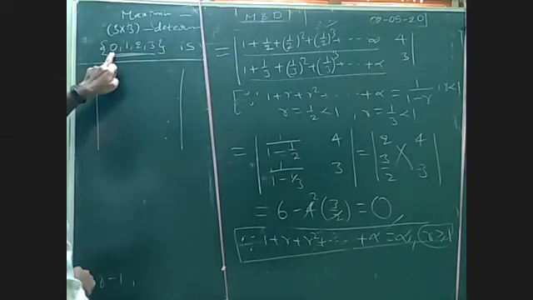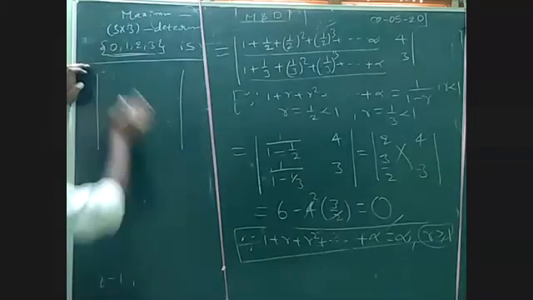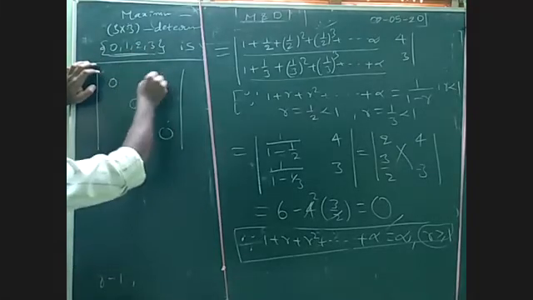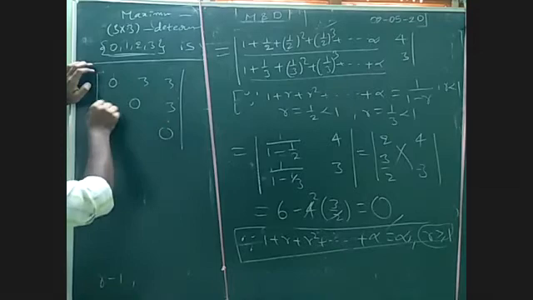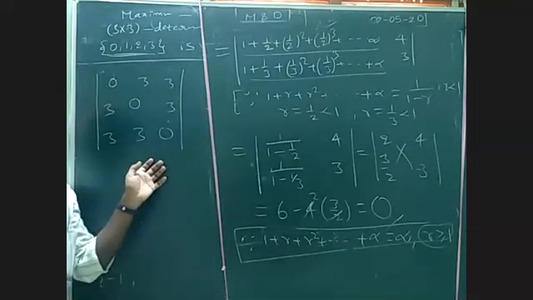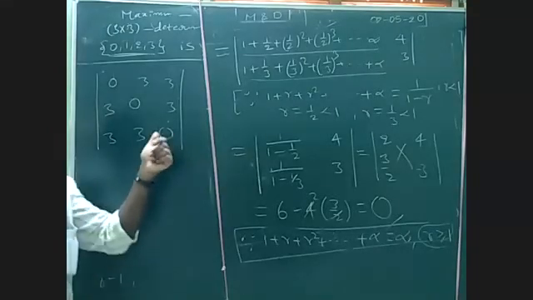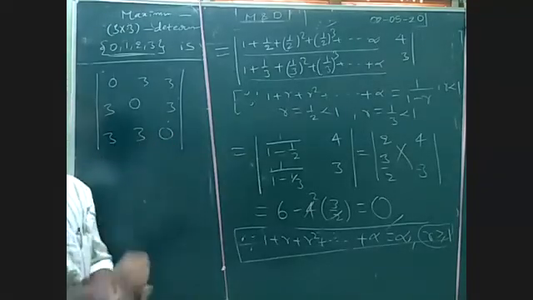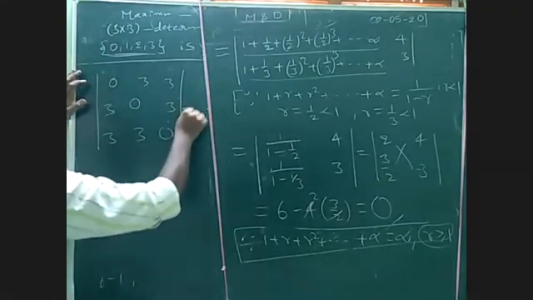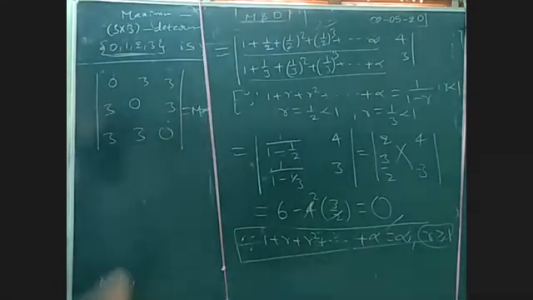What is the least value? 0. What is the highest value? 3. So diagonal elements are 0, 0, 0. What is the highest value? 3, 3, 3. Here also 3, 3. This will give the highest value. As well as we are going to get plus or minus, so that is also the least value. Okay, find this determinant. This gives the maximum. Here the given options are, just find the determinant value.